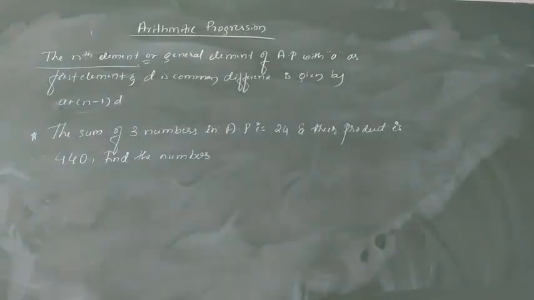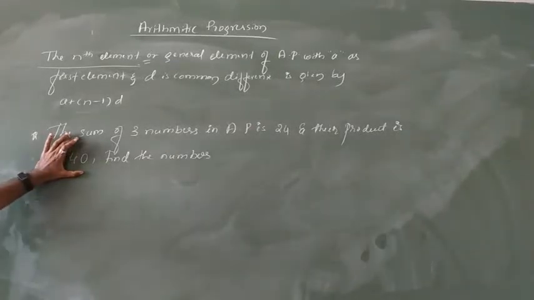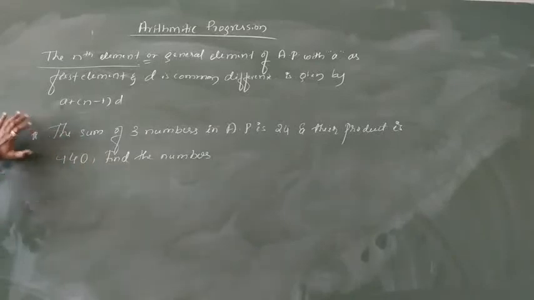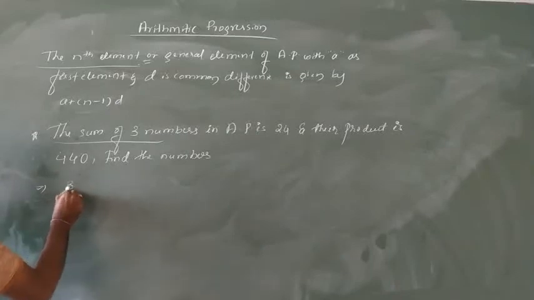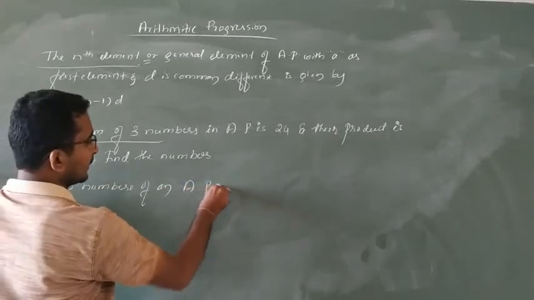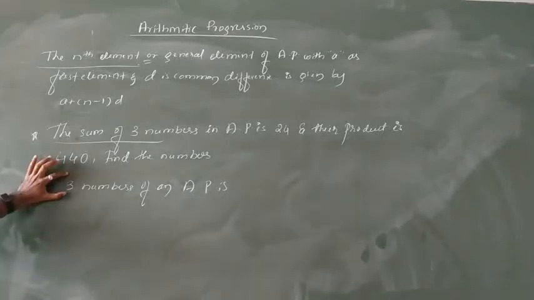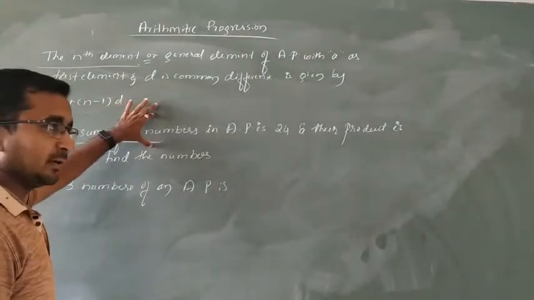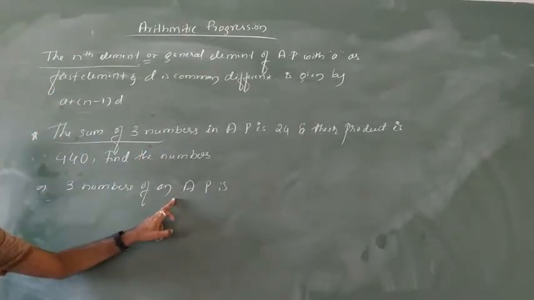So already we know the first element, second element, third element, and up to the nth element of an AP. But here, whenever they ask us to take the sum of three numbers or the sum of four numbers of an AP, at that time we are going to use some different methods. Okay. So first we are going to use the three numbers of an AP. Already you know very well that in the SSLC, whenever they ask us to take three numbers of an AP, four numbers of an AP. Got it? So that is what we are going to take over here.